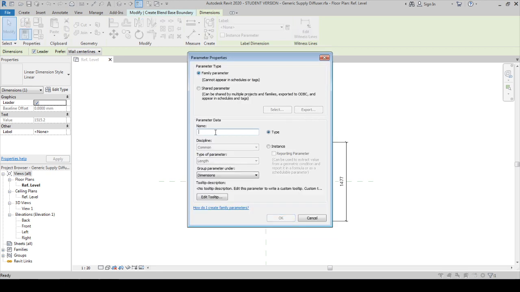A family parameter. There are different parameter options available: family parameter, shared parameter, project parameter, or global parameters, which I need to discuss in a separate video so that you will be able to compare and distinguish between those things. So let us say this face length. Let us keep this as type property,